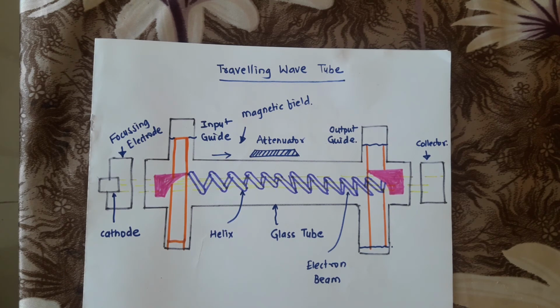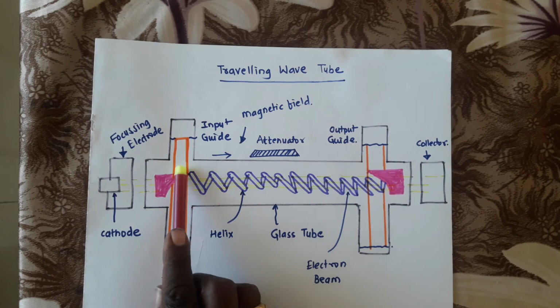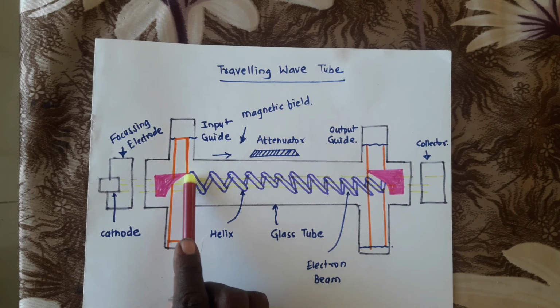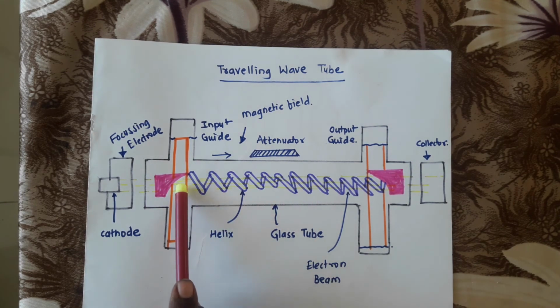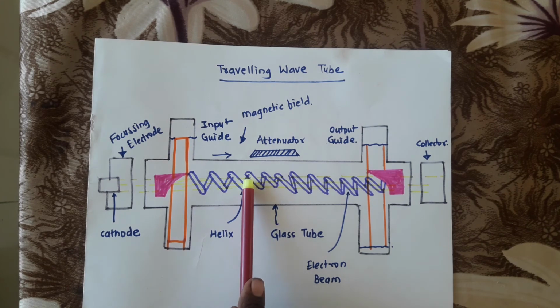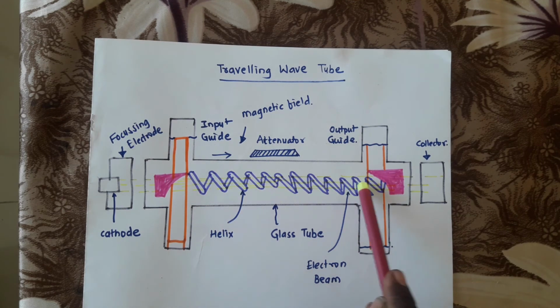As the electron passes across the gap, velocity modulation takes place within it, and between the adjacent turns some bunching will be done and the amplification process takes place. So as the electron passes, initially it will be affected by a less positive electromagnetic field, the RF field propagating through the TWT, but after that the bunching process will be acquired, then the RF field will be enhanced. So that's why we will get an amplified RF signal at the output side, right?